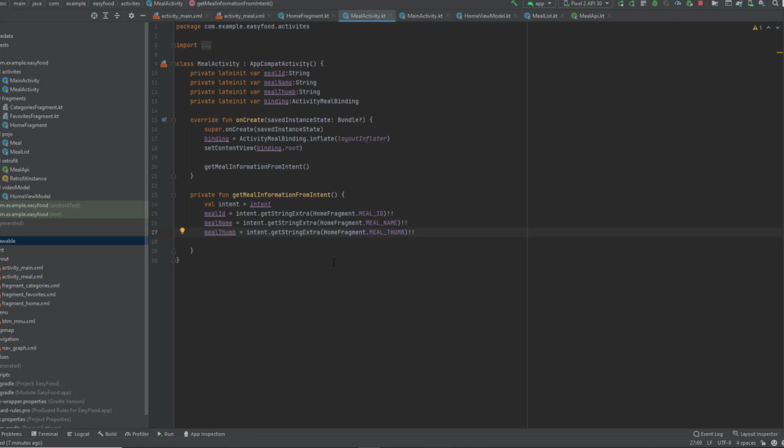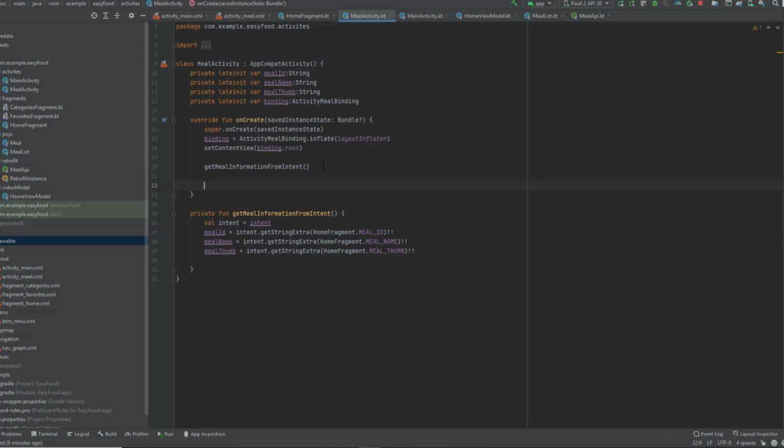Okay guys, so now we have 3 information. We have the meal ID, we have the meal name, we have the meal thumb. So what we're gonna do now is show the meal thumb inside the image view, also the meal name in the toolbar. So let's do that. Now I'm gonna create a function here which is set information in views,